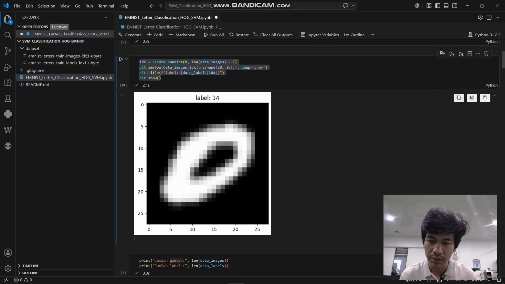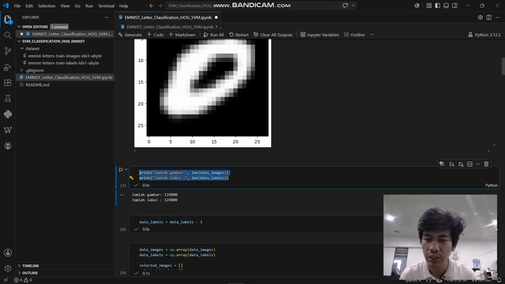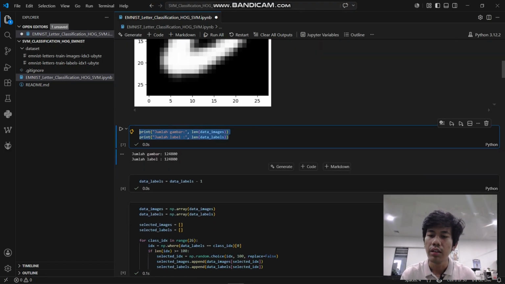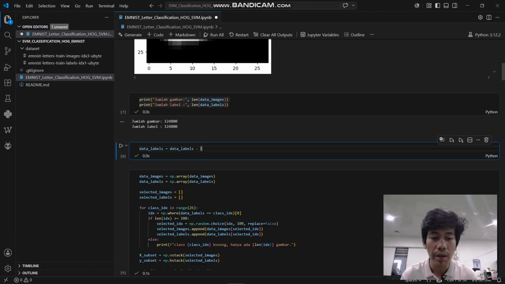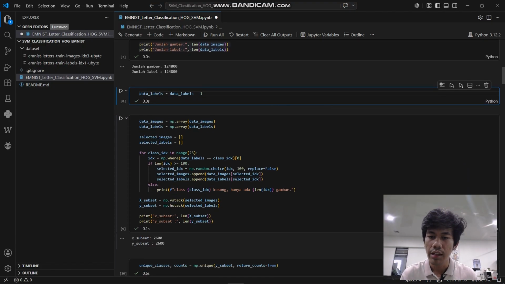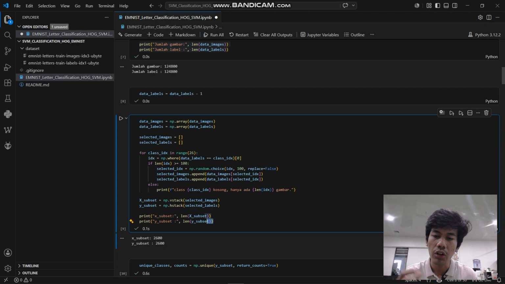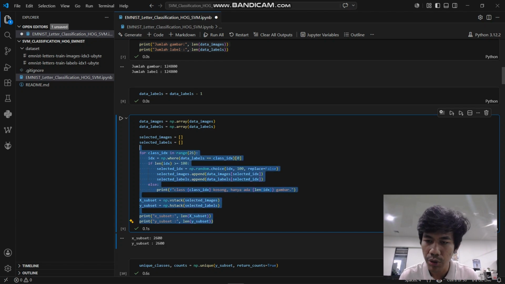The next step is to check the size of the data that we imported. There is a lot of data in the raw MNIST dataset, and like I said before, we need to reorder the class index, which before started from 1, and now starts from 0. And then from all that data, we take only 2,600 samples, and this process will do that.